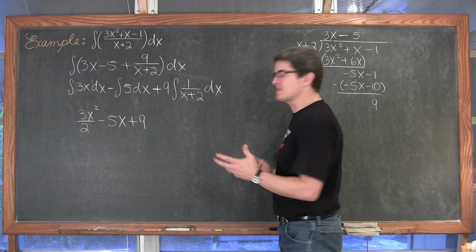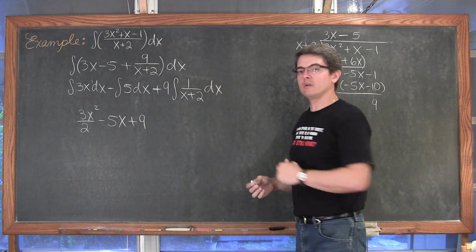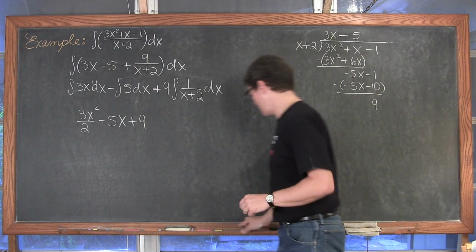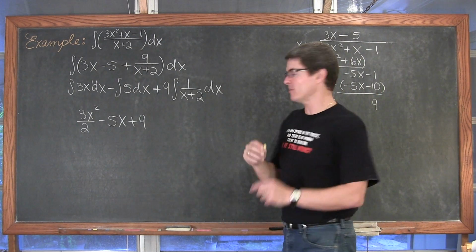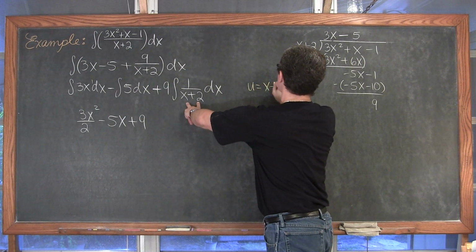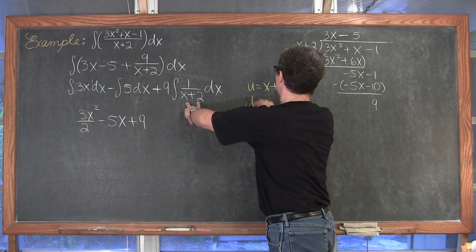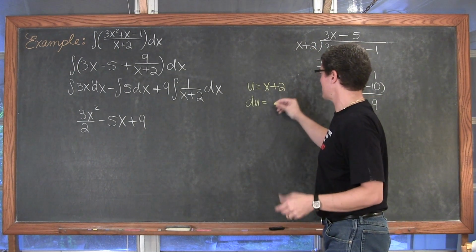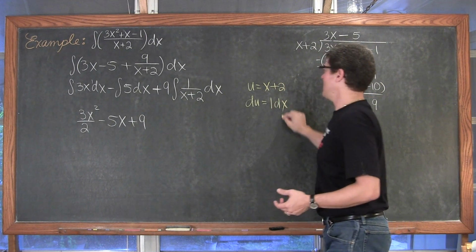Well, like I said, you might be able to just write the answer, or you might still, because you're just starting into these kind of problems, need to go, okay, well, let's see here. Hopefully you can see the yellow from the white. u is equal to x plus 2, so then du is going to be, well, the derivative of x is 1, 2 is a constant, so it's just going to be 1 dx.